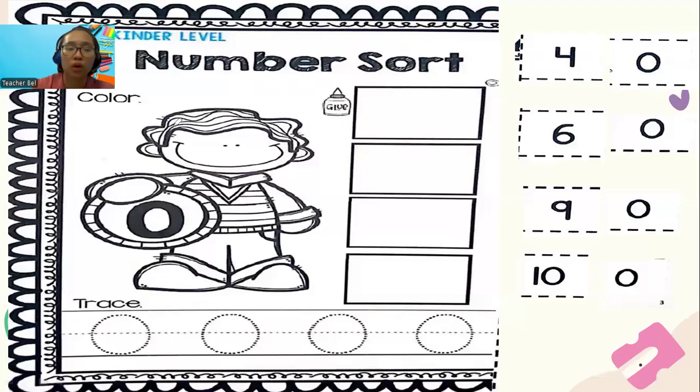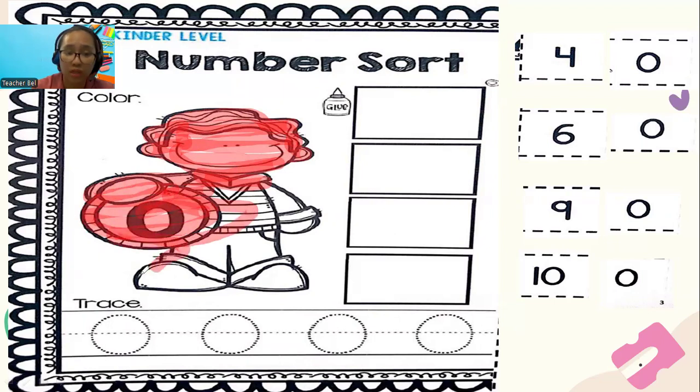First, you get to color the boy. So color the boy on your work. Now, if you feel like teacher is being fast on the video, pause it first and you can play it again once you're done. So here, let me continue and I will color for the boy holding the number what? The number 0 because 0 is our number. 0 is the number friend that we have today.